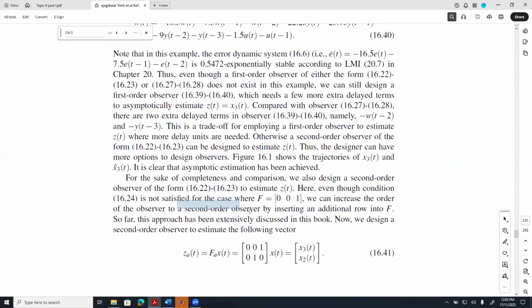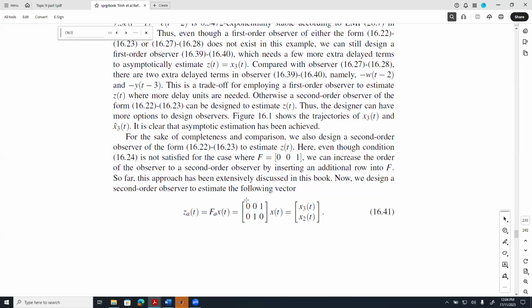order observer. Of course, seeing reference 2, we can find it. That gives us a similar structure to reference 24. So we can employ reference 2 to design a second order observer, and that's done by an augmentation approach. So we insert one more row, and so instead of estimating one variable, we estimate two